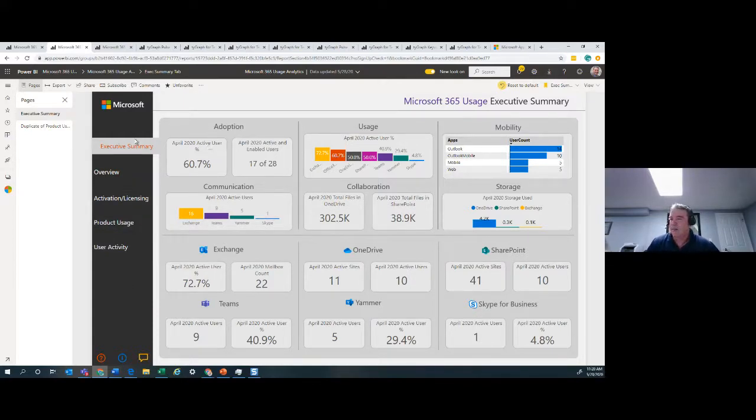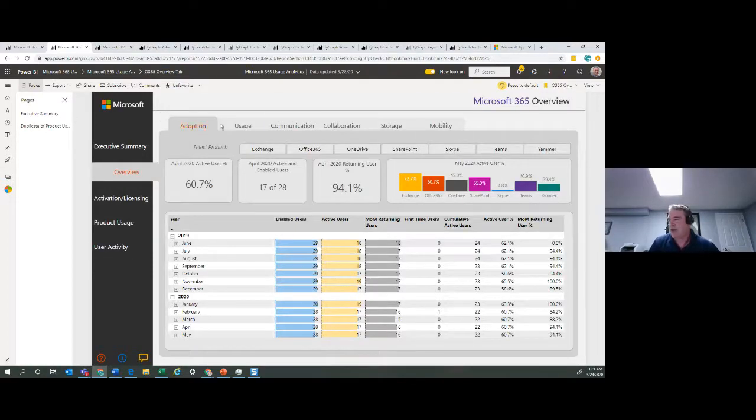So the executive summary is broken down into adoption, usage, mobility, communications, collaboration, storage, and then by workload. So you can see Yammer and Teams, etc. There's also an overview, so you can look again across these various pieces.